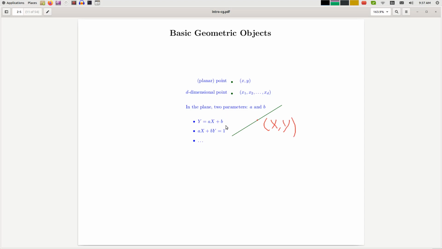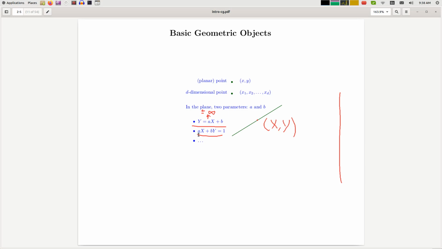But that's not the only way to represent lines, and particularly if you remember from high school, you cannot represent vertical lines using this formula, because a vertical line technically has a slope of infinity, so a should be plus or minus infinity. So we can't represent it this way. Using this other formulation, we can represent vertical lines, because if you set, for example, b equals 0, then you get a vertical line at coordinate x equals 1